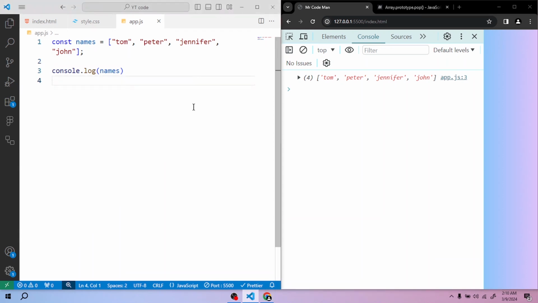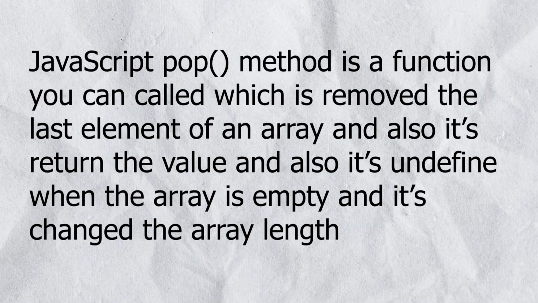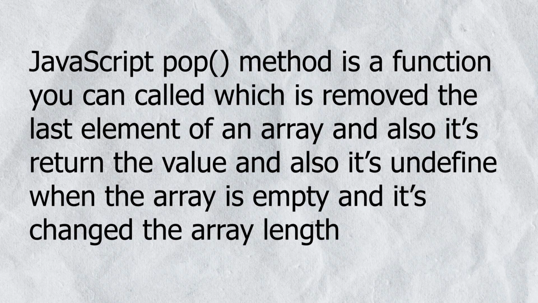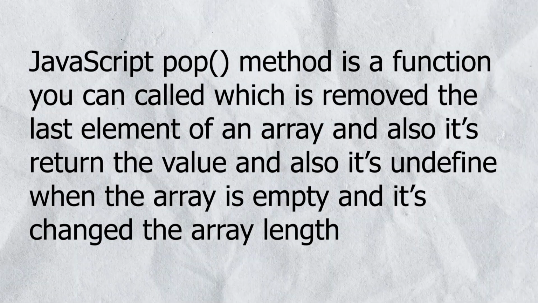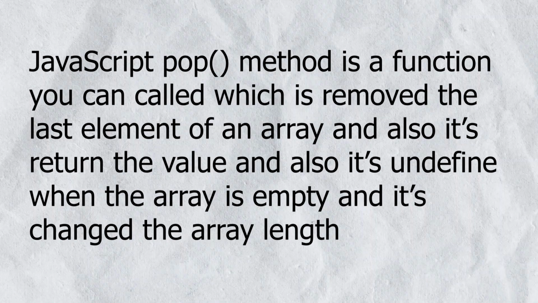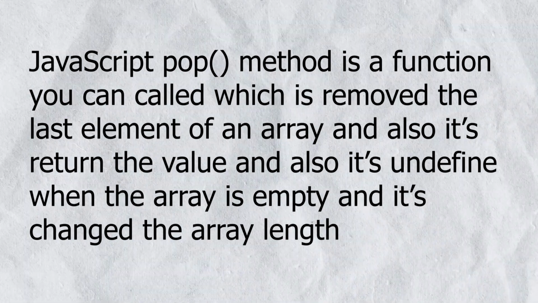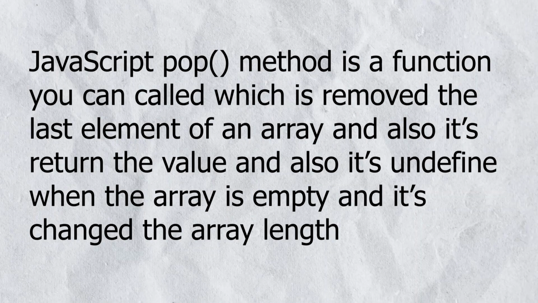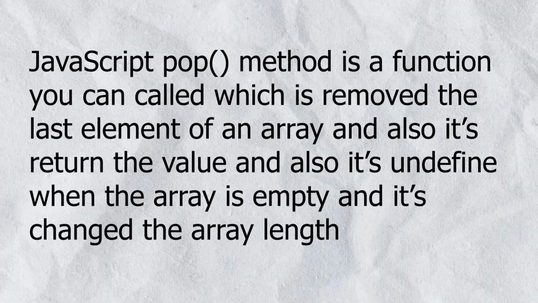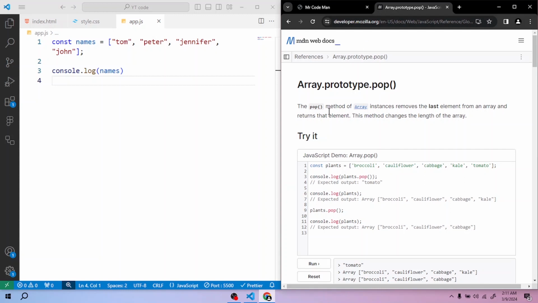So in this video we are going to discuss the JavaScript array pop method. What is the JavaScript array pop method? The JavaScript array pop method is a function you can call which removes the last element of an array, and it also returns the removed value. It returns undefined when the array is empty, and it changes the array length. If we look at developer.mozilla.org, here is the definition of array which I already talked about, and that is